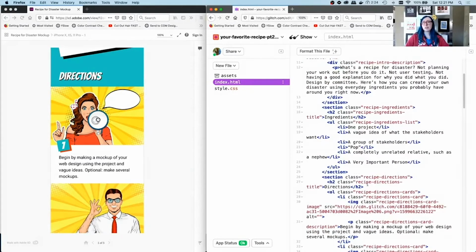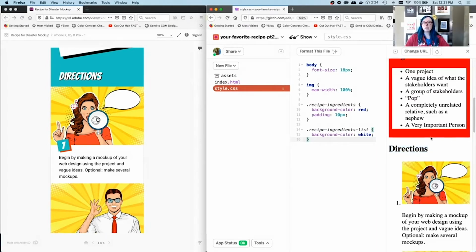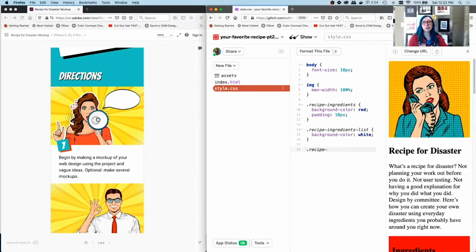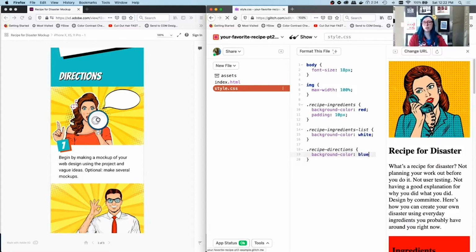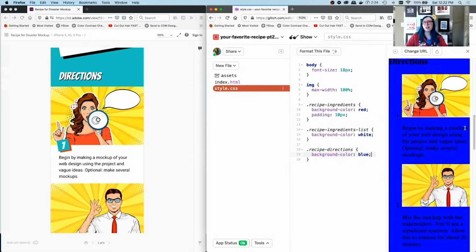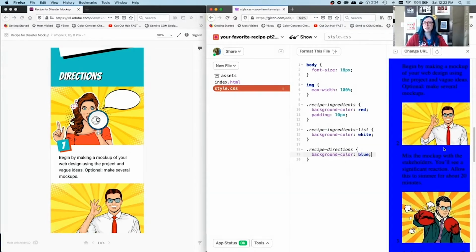So how do we find the background? Well, if you've named this in a way that helps you remember exactly what the element is, this is recipe directions, right? So if you know what the class name is, you don't have to go checking the HTML all the time. You could just write it, recipe directions. And again, always using the class selector. There are other selectors in CSS, but in general, the class one is the one that you'll use most. We're going to do a background color of just a generic blue. Sweet. All right, so we've got that, that's working, and we've kind of roughed out what that says.